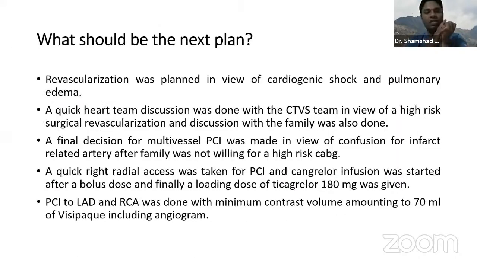So the next plan: revascularization was planned. We had our CTVS backup upfront. In this case, we had an immediate heart team discussion, and the family was involved. And finally, a decision of multi-vessel PTCA was made because there was a lot of confusion about which is the infarct-related artery. With presentation with new onset left bundle branch block,